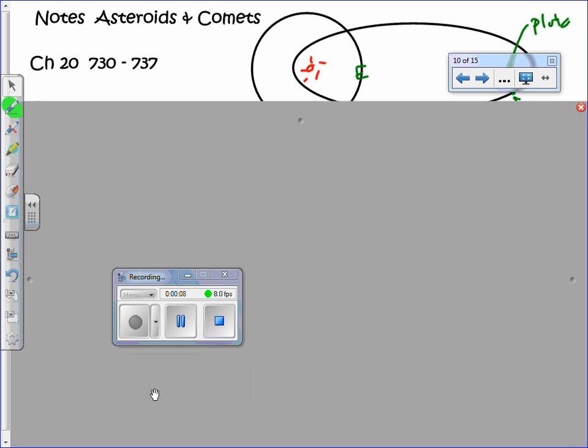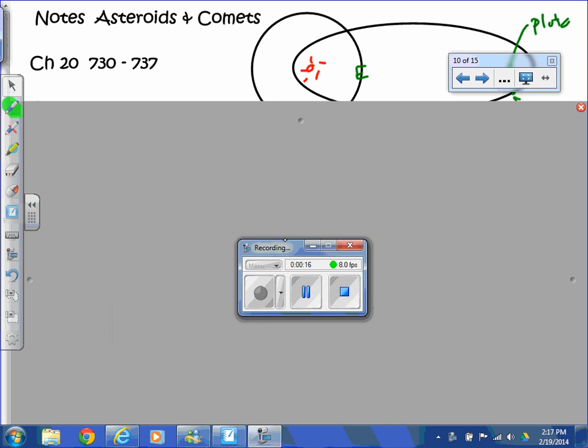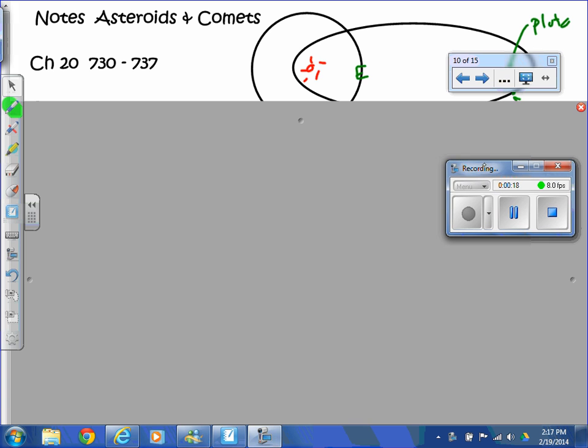So this week we finish up chapter 20. We're talking about asteroids and comets, which is section 5. And then section 6, the last section, is on space travel. And as we talked about yesterday, the end of this week and next week, you are going to